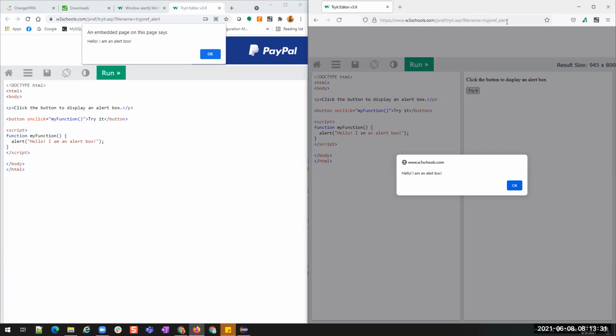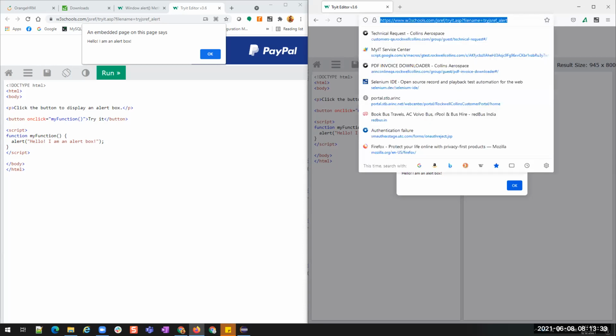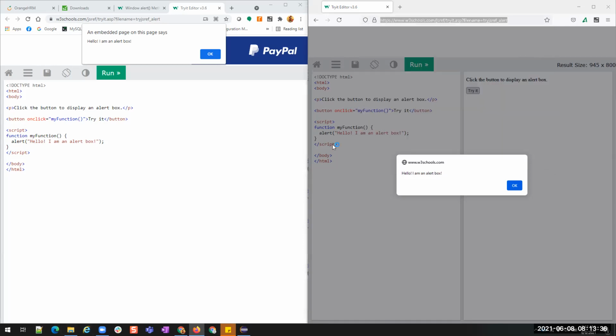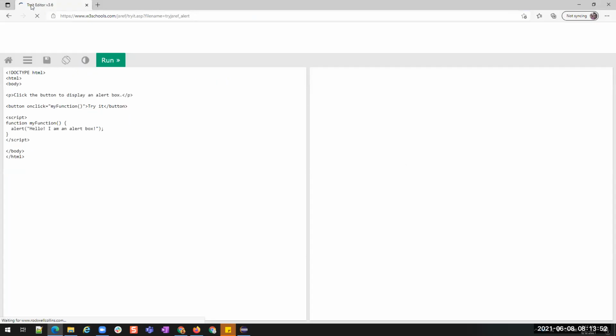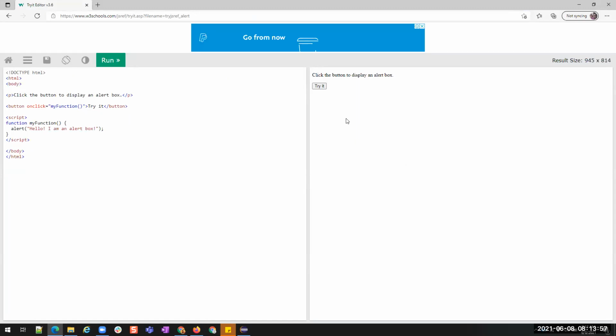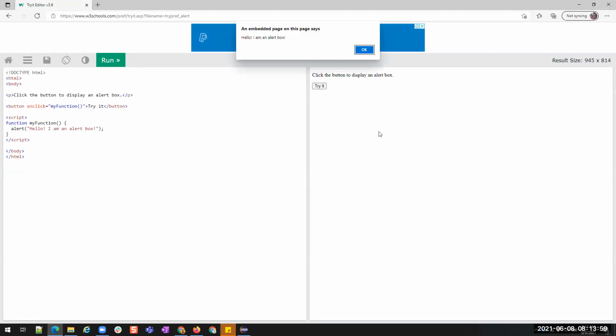No? Let me open the same on Internet Explorer or Edge. You will see it in a different manner again. I have a purpose for explaining this, and it answers your question. This is Edge. I am clicking on Try it. See, there is a border around the OK button.